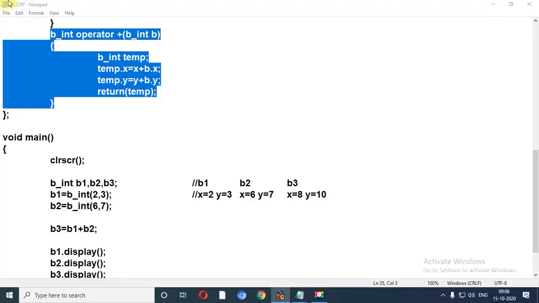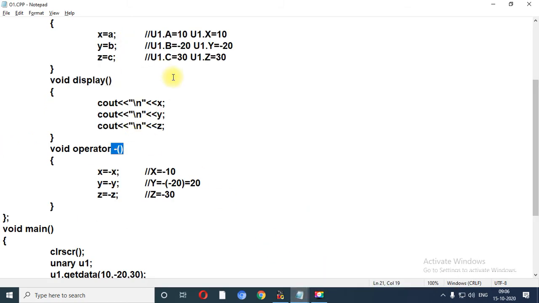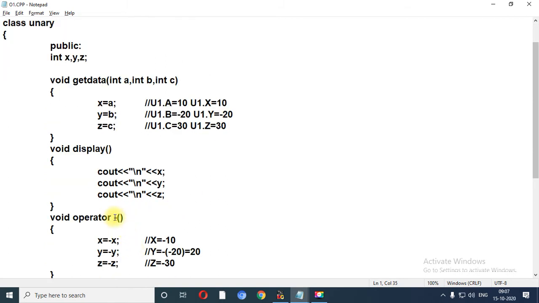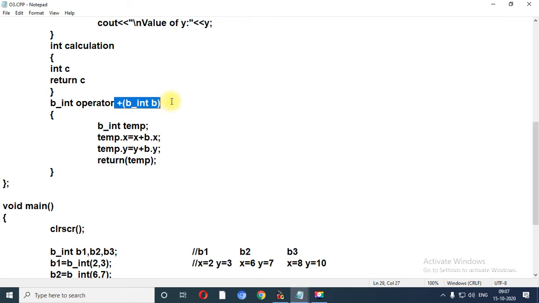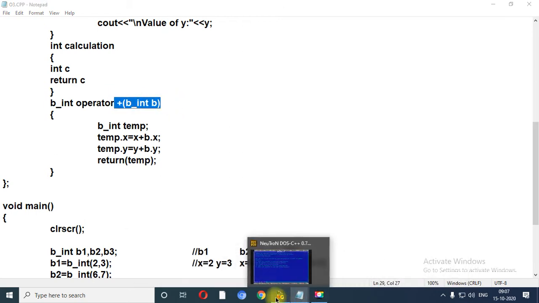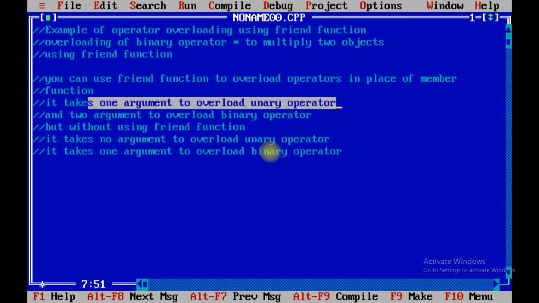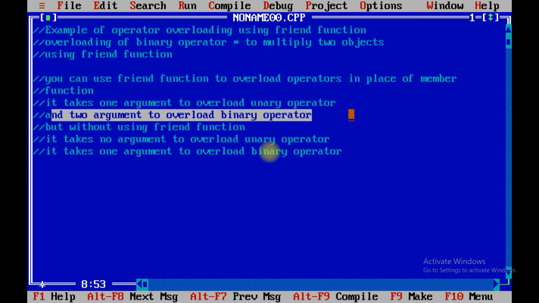Let me show this once again here in the notepad file. This is the program related to the unary operators, and in the unary operator we have not passed any argument, and in the case of the binary operator we have passed just one object as an argument, and that we have written inside the comment line: suppose you use a friend function, it requires one argument to overload a unary operator and two arguments to overload a binary operator.